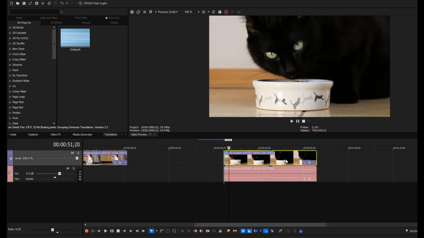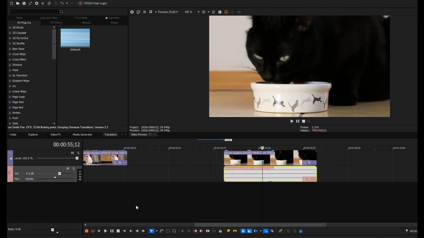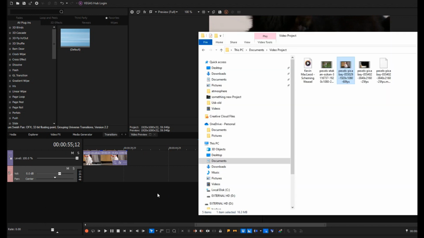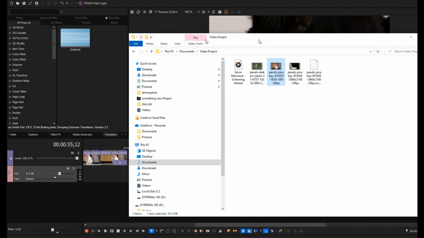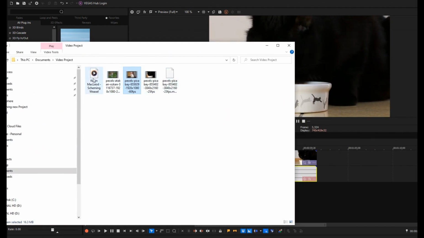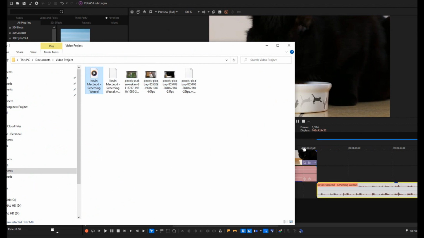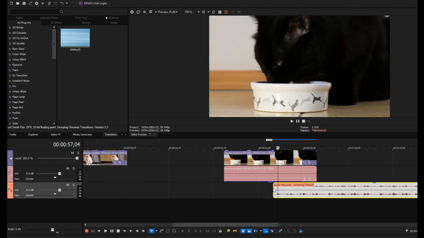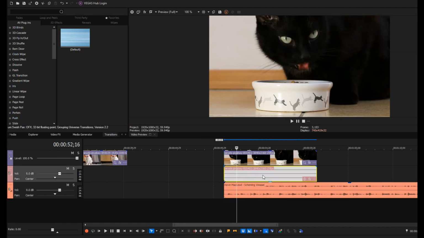What if you wanted to import separate audio? For example, maybe there's a song you want to use in your video. You could mute the audio file on your video, then import the music file the same way you do with the video. The audio files are on different tracks, but if you don't want the video's audio at all, you